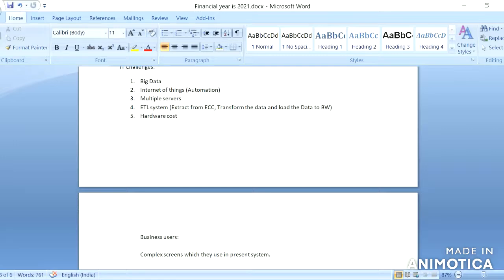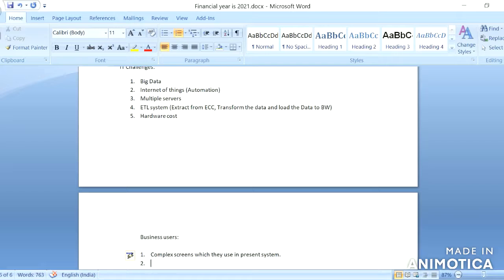If they want to understand the current system, it was complex, and the process was complex, and the screens, and as there are many fields in the screens, it was taking a long time for the business to train one person. So the first point is complex screens.